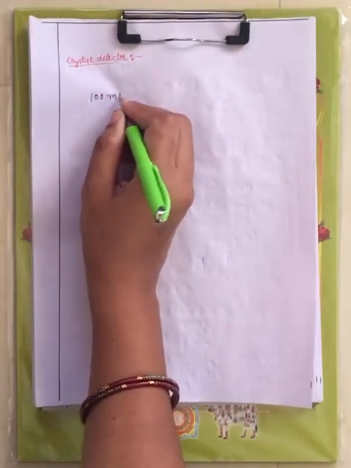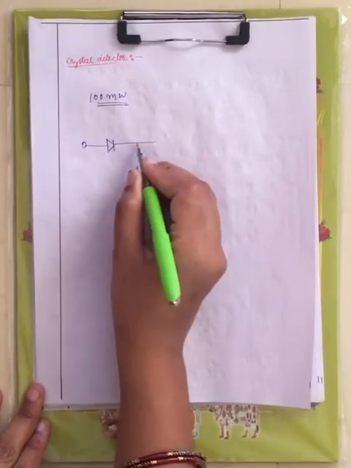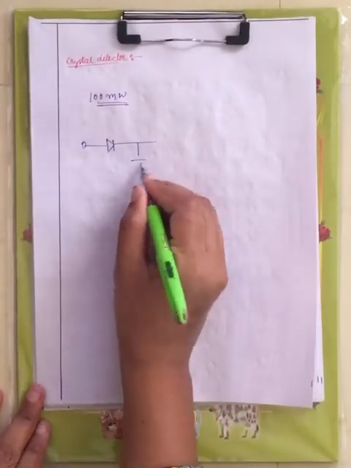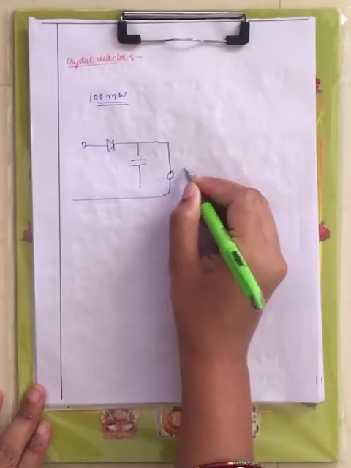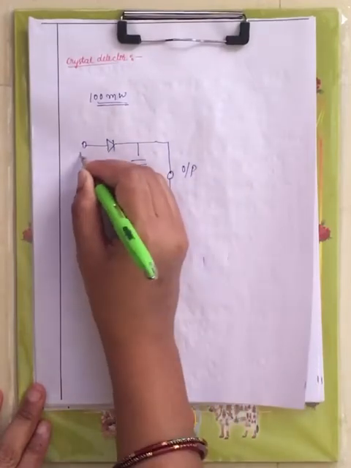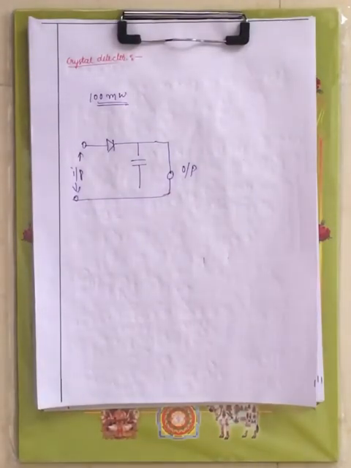of 100 milliwatts. Because of this power handling capacity, the crystal detector is widely used in the microwave and RF field. Now if you look at the structure, this is a diode, which we call a crystal diode, and you will have a capacitor here, and here you will collect the output, and here you will give the input. This is the structure of the crystal detector, which contains a crystal diode followed by the capacitor. It is widely used in the RF and microwave field.